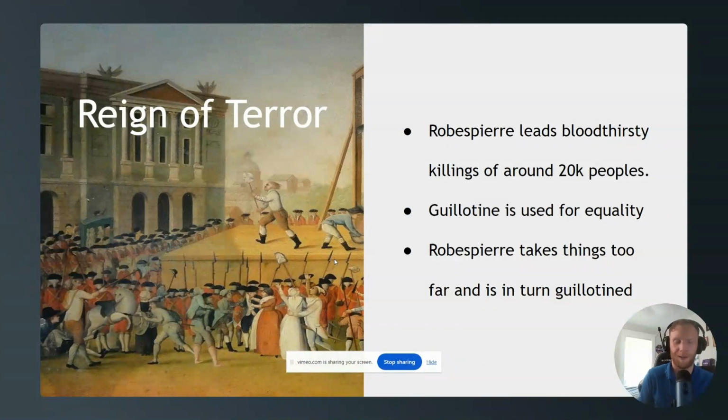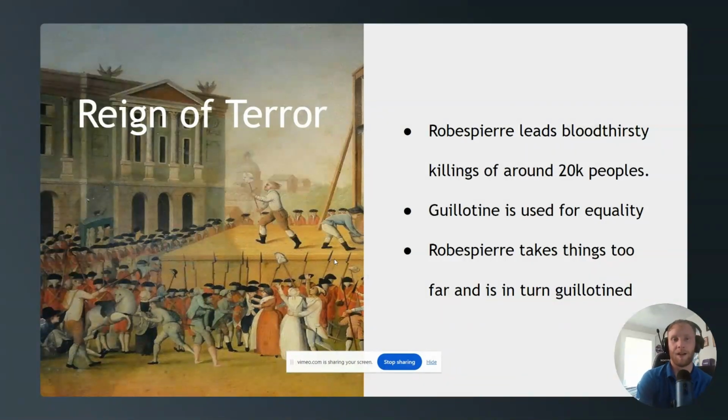Before, if they were to chop off heads, I guess this is an interesting little tangent, you used to have to tip the guy to do a nice clean cut. You would give him money and they would do a clean cut, and if you didn't, he might have to go back 2 or 3 times, which is awful. So this was a really cool way for equality for people to be executed, I guess.